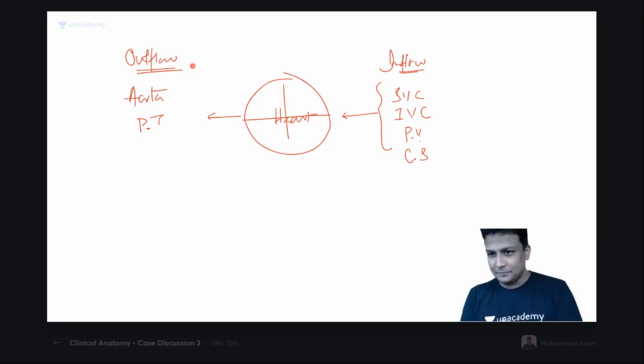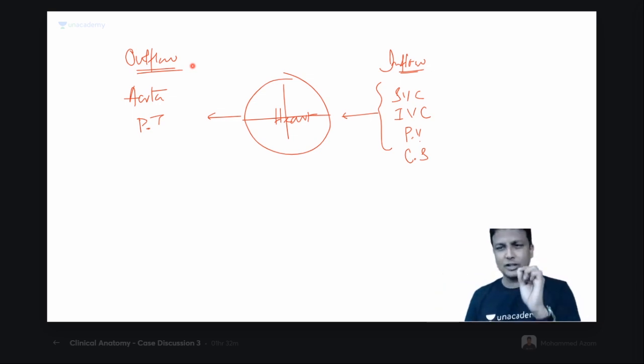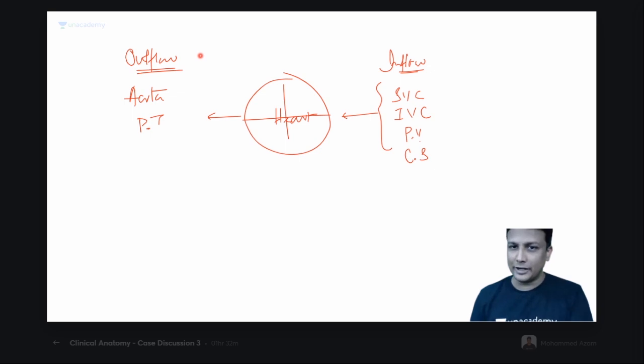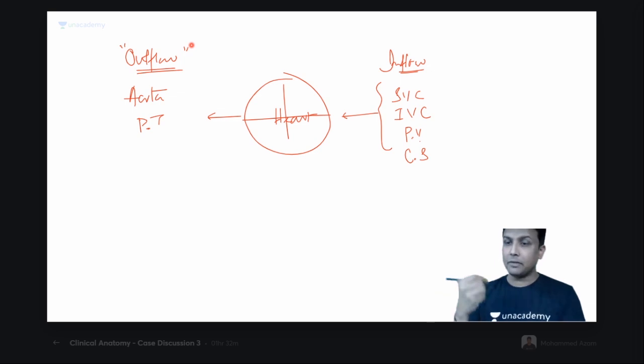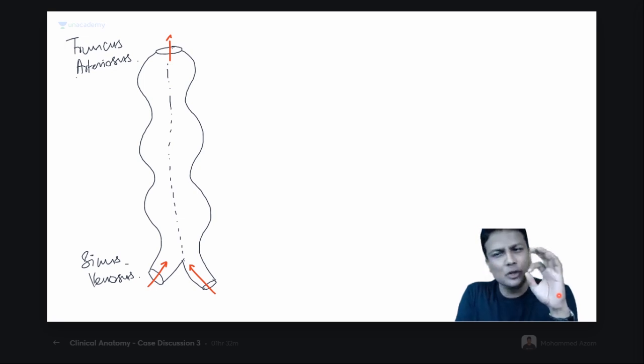Now, my dear friends, what I'm trying to tell you here, how I'm going to make the embryology easy. Not even me. You are actually going to teach me embryology right now. I want each and every student to concentrate on the outflow in your body and my body right now. Right now, blood is carried by aorta and the pulmonary trunk. Okay. If you go back to embryology from the gross anatomy, let's go back to the embryology. Come on, my dear friends. You people teach me right now. Aorta and pulmonary trunk should be derived from where?